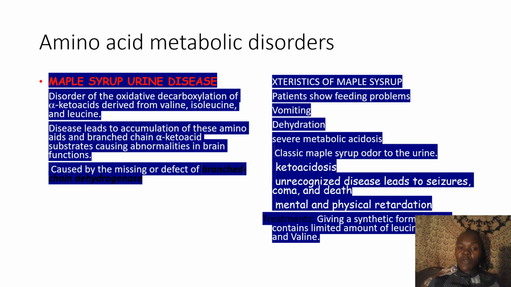So it leads to accumulation of these branched-chain amino acids, and the enzyme which is defective here is branched-chain dehydrogenase. So a bit of the characteristics: the patient is dehydrated, vomiting, patient has feeding problems, and there is severe acidosis. Due to the odor also, the urine has a smell of maple. This can also lead to mental and physical retardation. So the main treatment is you have to limit the amount of the